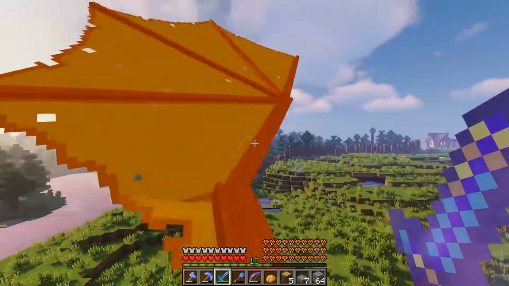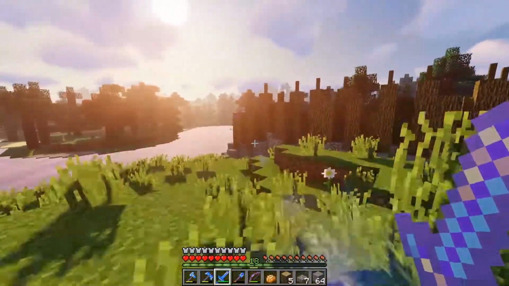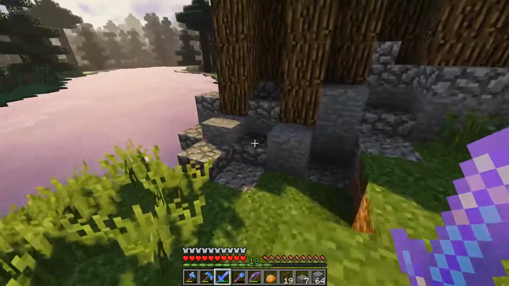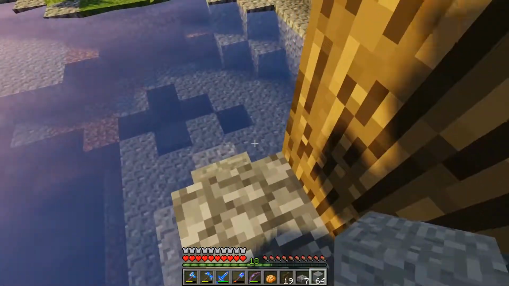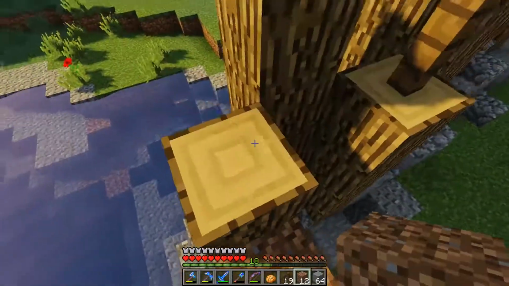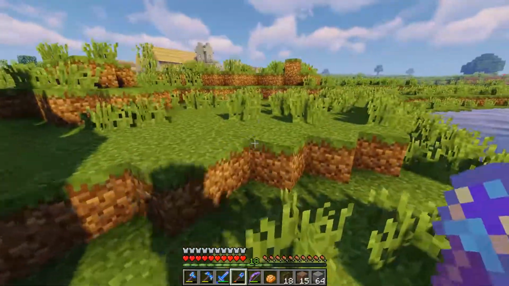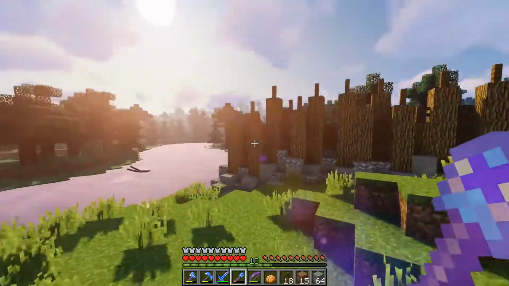I think it looks pretty cool, and I feel like we should probably just get down here and walk around a little bit. Give me this. I missed one. I was gonna say, I didn't think I had any silk touch on that. Okay. Where's our dragon? Okay, yeah, so anyways,